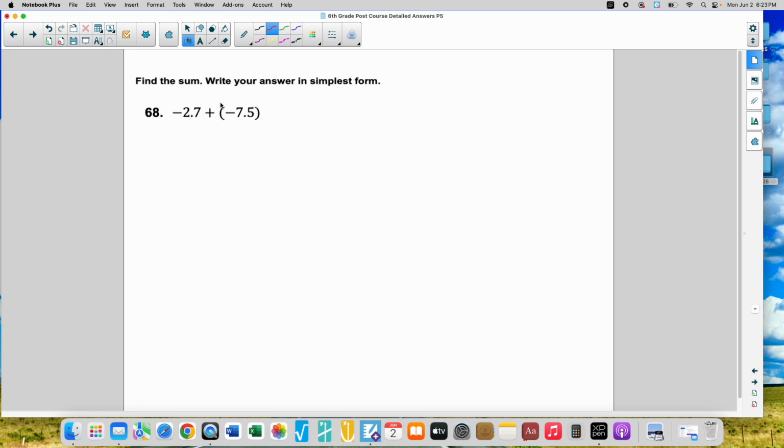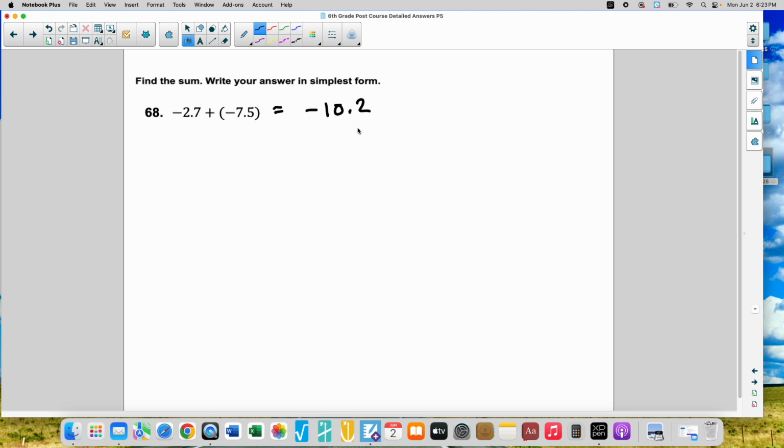You have decimals. We have a negative 2.7 plus a negative 7.5. We are adding negatives, so you're going to get a bigger negative. I don't know why I keep writing in red. So that is going to give me a bigger negative, 7, 8, 9,